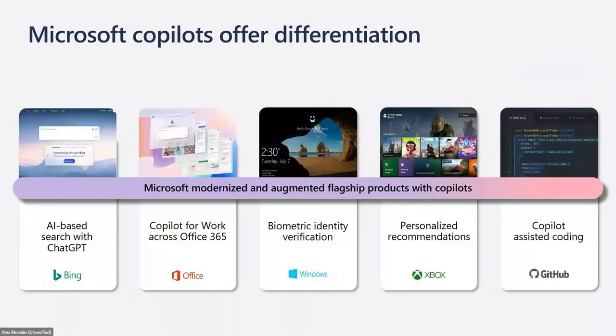Now, how about the Copilots that Microsoft has developed? Microsoft has developed many Copilots, including Bing Copilot, the Office 365 Copilot, the GitHub Chat, and GitHub Copilots. And as we all know, if you are using these Copilots, it is truly a game changer. It is making us very effective in whatever area of productivity, be it development, be it, imagine going into a Teams meeting and getting a summary of that long meeting, or going to Excel and having Excel analyze a corpus of data and saying, hey, what is the best product in my data, or in Bing, where,